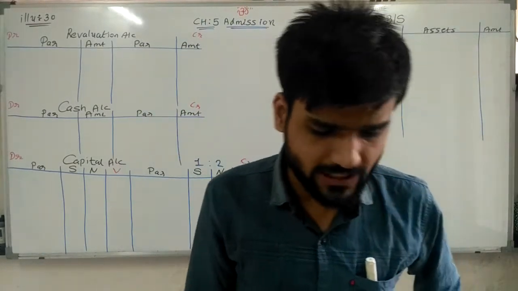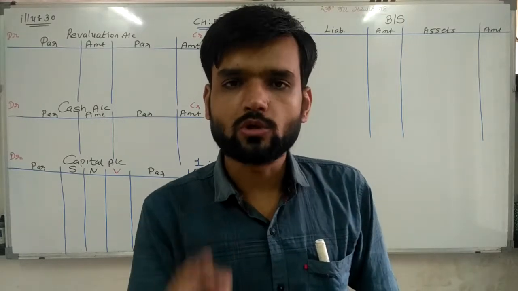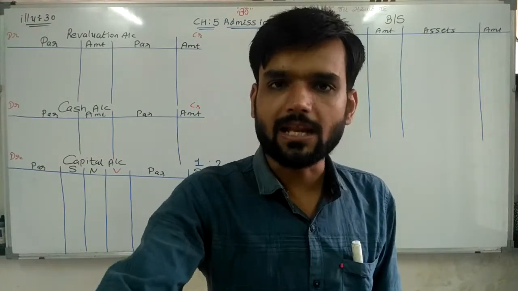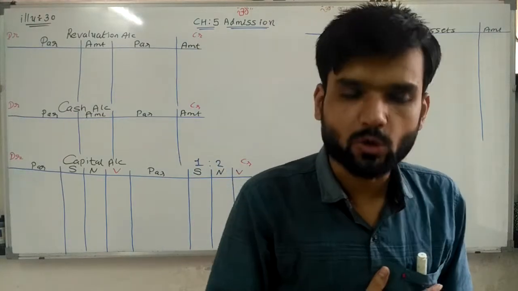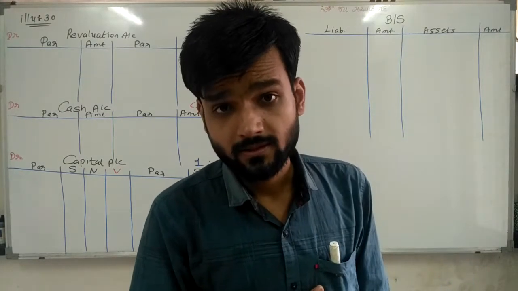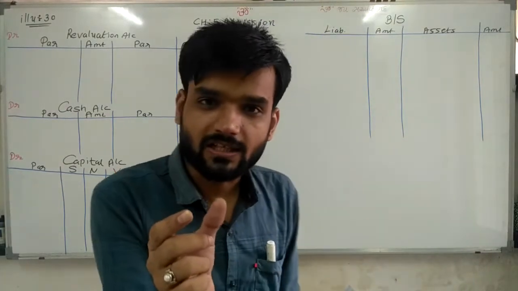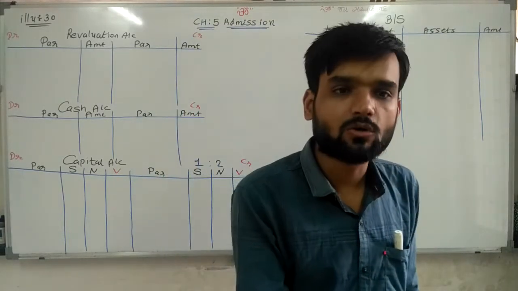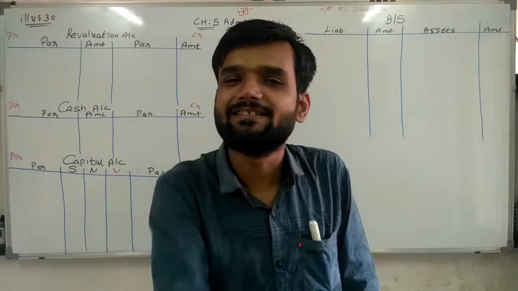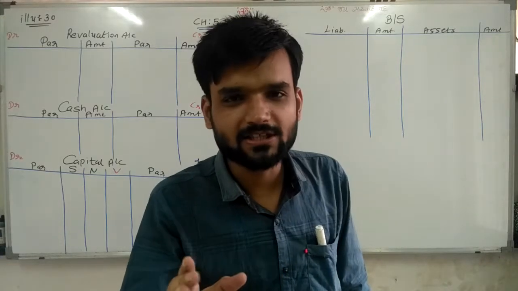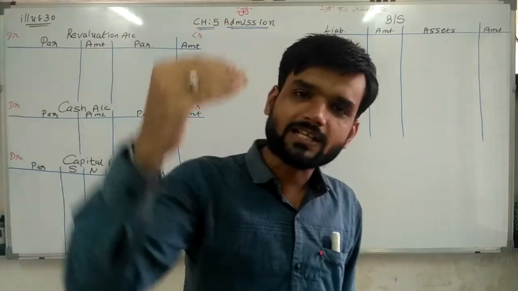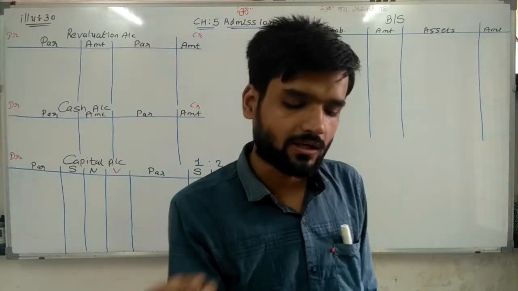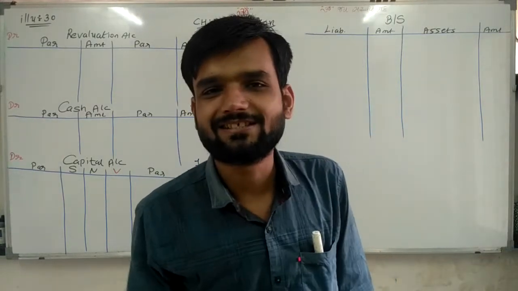First adjustment. Bad debt reserve is to be kept at 5,000 on debtors. So now we need to keep bad debt reserve of 5,000. See in the balance sheet, is there any bad debt reserve given? Yes. Here one twist is also there. The bad debt reserve is given on the liability side. Generally, bad debt reserve is given as debtors minus bad debt reserve on the asset side. But here it is given on the liability side.